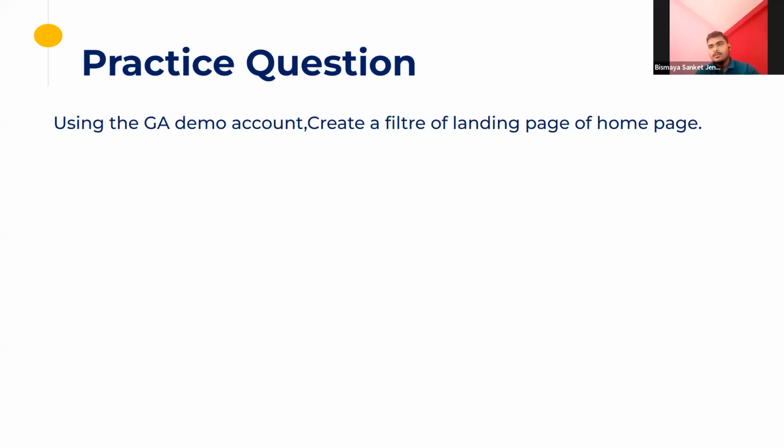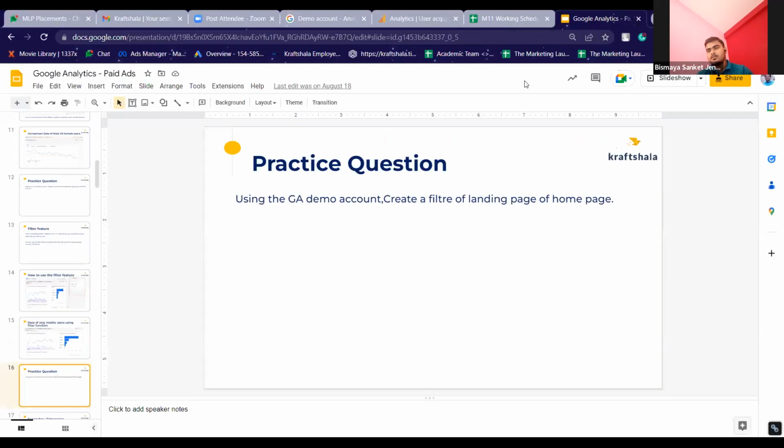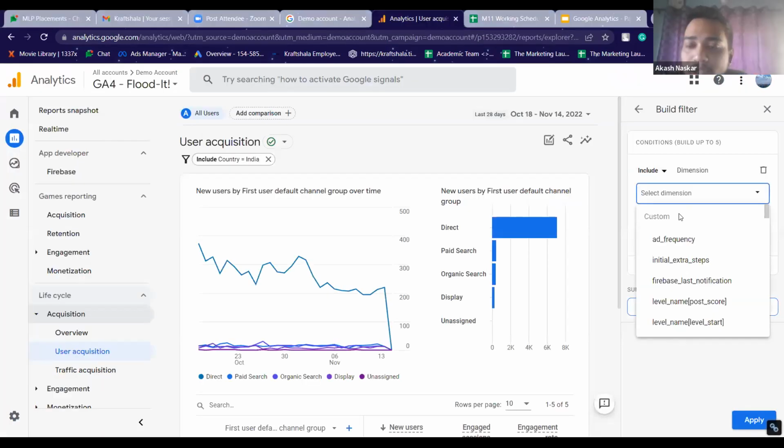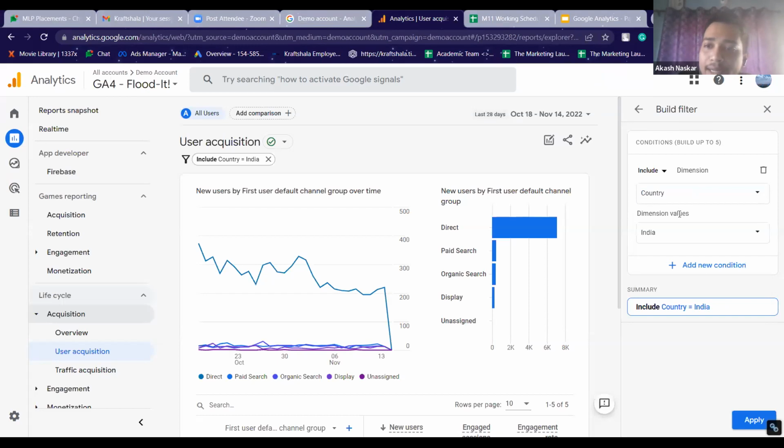Here the landing page, I think landing page plus query strings is showing. There is a specific only landing page option also. Only landing page. Okay. You have to select that. So let me show you. Here instead of country, you select landing page.